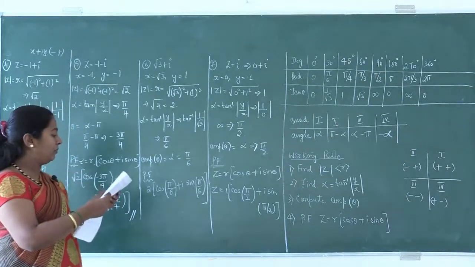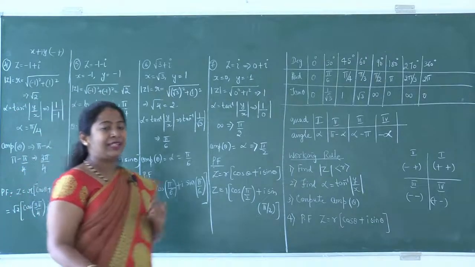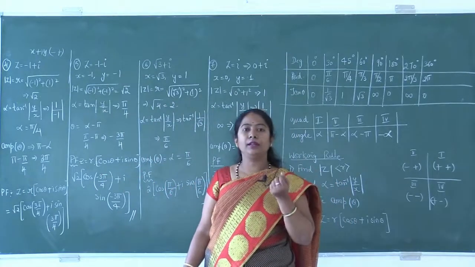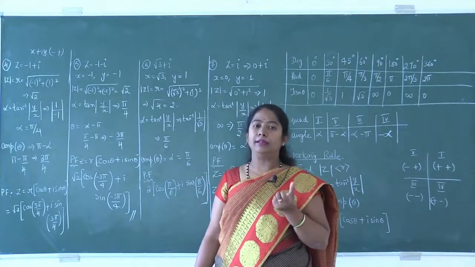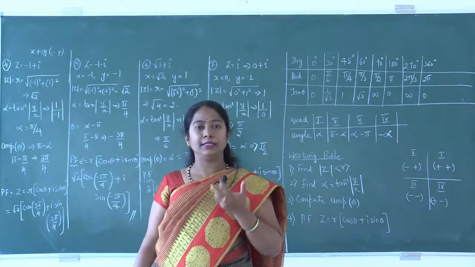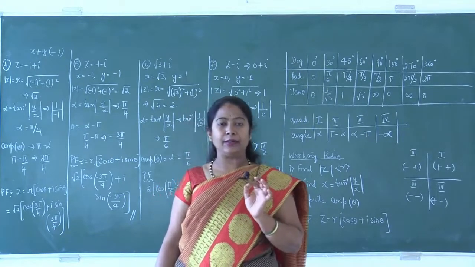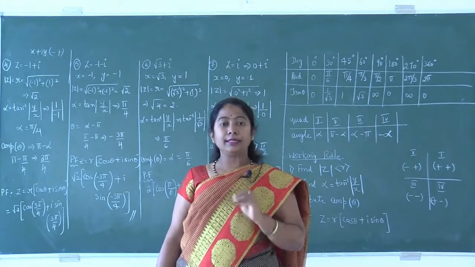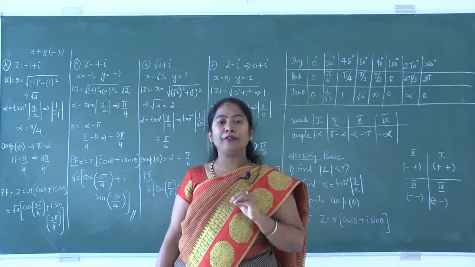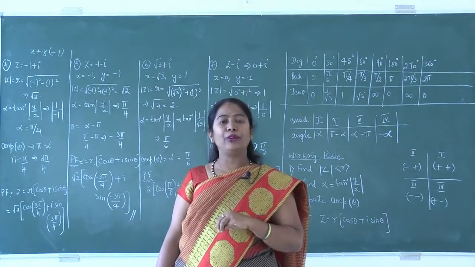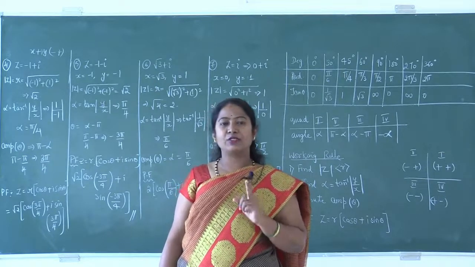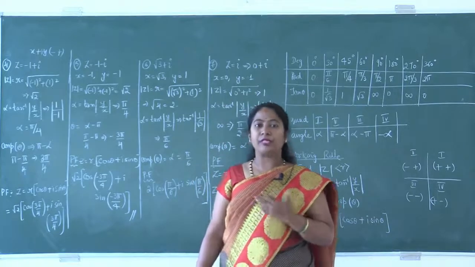Z is equal to minus 3. Just note down the question. Z is equal to minus 3. So is minus 3 a real number or an imaginary number? It is a real number. Do we have an imaginary number there? No. So what is the value of imaginary number? 0. The question is Z equal to minus 3. This question can be written as minus 3 plus I into 0. What is the value of x? Minus 3. What is the value of y? 0. 0 by any number is 0. So you can just try this problem on your own. We shall pass on to the next